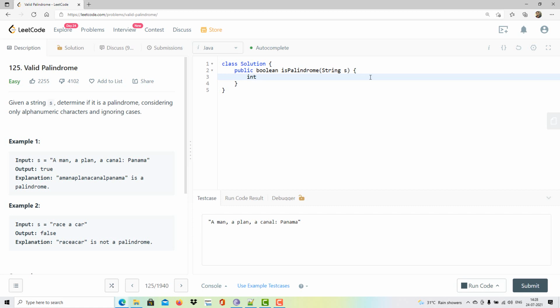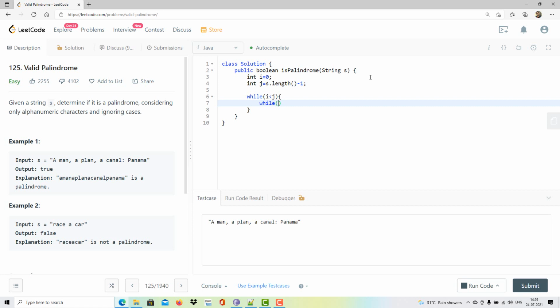For the left pointer, I'm going to take an integer variable i which is 0, and I'm going to take another integer variable j which will be pointing to the last character. Then I'm going to run a while loop where i is less than j. Here I'm going to have a while loop for skipping all the special characters.